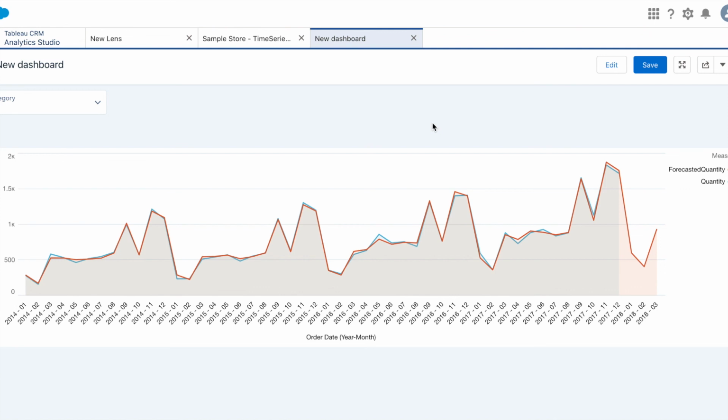Again, we saw how easy it was to use SAQL code. We just applied 3 additional lines of code and generated 3 months of forecast. If you want to generate 6 months of forecast or 9 months of forecast, then all you have to do is change the number from 3 to whatever, or how many ever more months of forecast you want to generate. So make use of this. This is a very powerful feature.